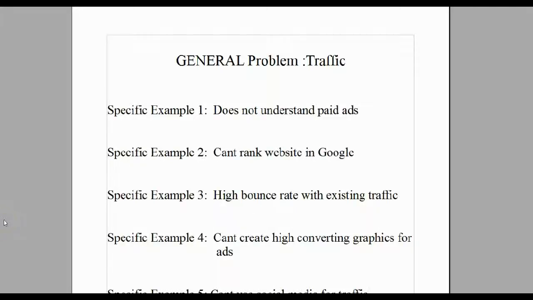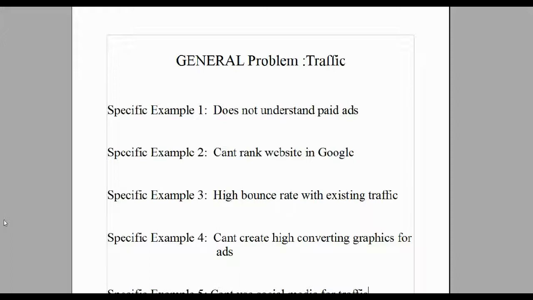Alright guys, so if you did the homework assignment in the previous video, you should have pages that look like this. If you haven't done the homework assignment, then you need to go back, do the homework assignment, and then you can pick up on this video. So this is what your customer problem worksheets look like, and that's what you were building in your homework assignment